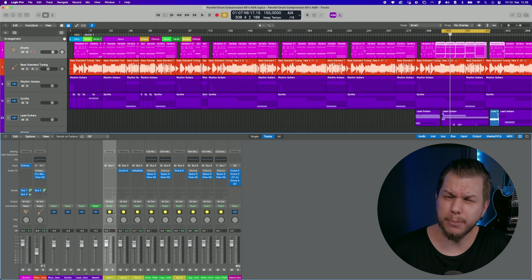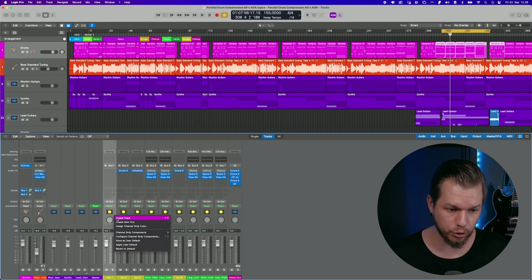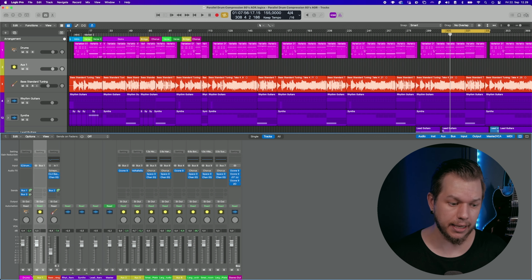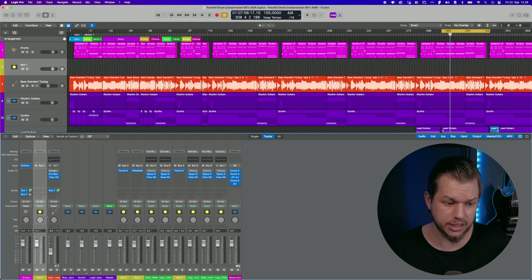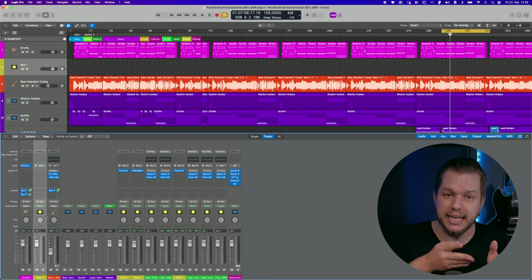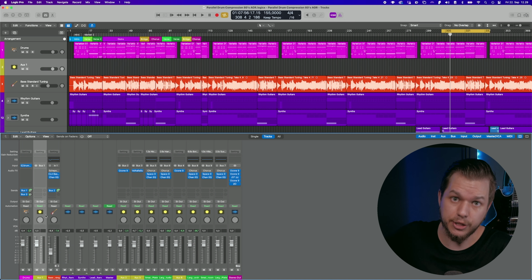I'm not 100% sure about other DAWs, but in Logic Pro you can also do a cool thing where you can go to the bus you just created, hit create track, and it's now next to the drum track. And this is not something you absolutely have to do, but I just like to organize my tracks in a way there's kind of drums, bass, guitars, and then everything else after that.